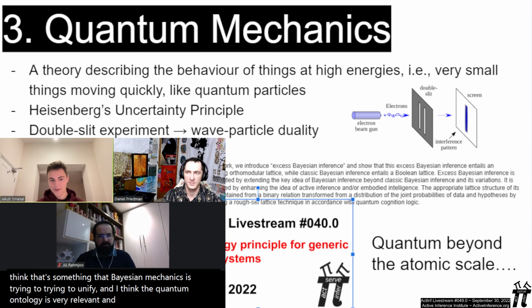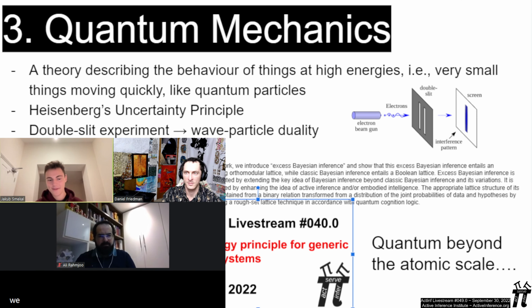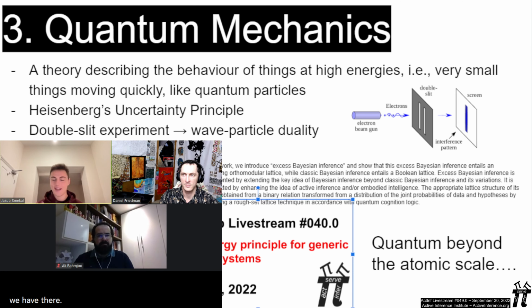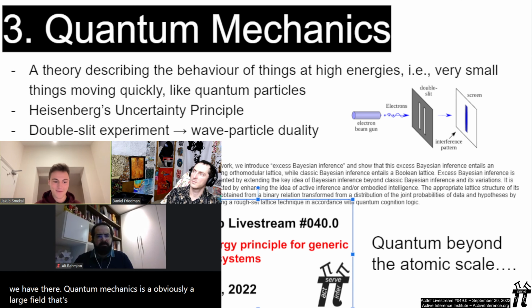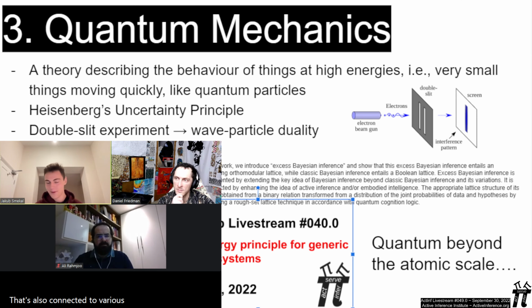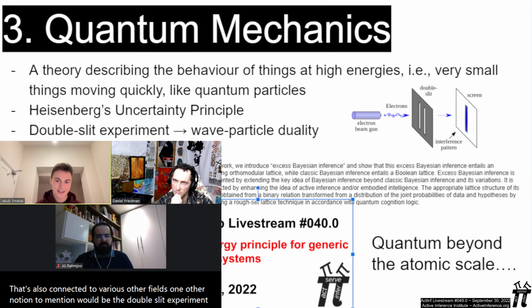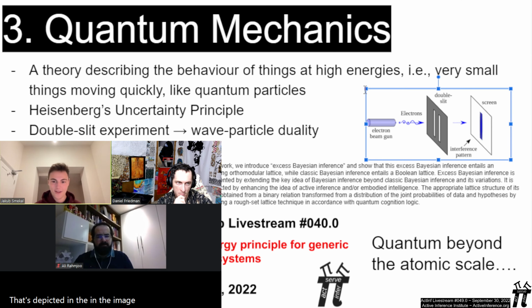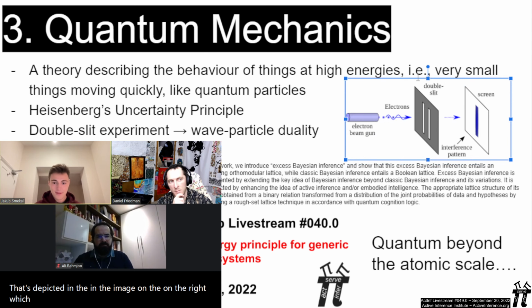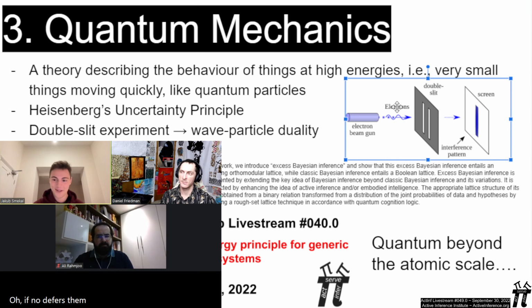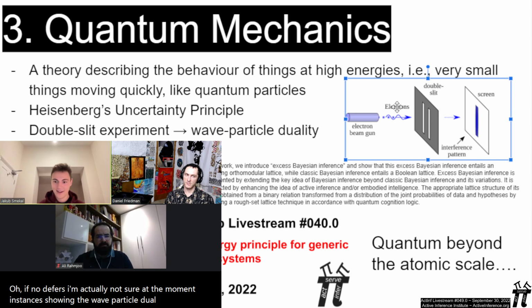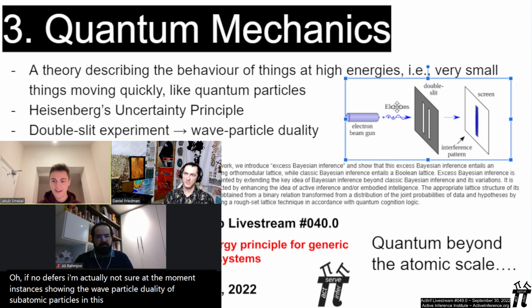and I think the quantum ontology is very relevant in this case. And of course, quantum mechanics is obviously a large field that's also connected to various other fields. One other notion to mention would be the double slit experiment that's depicted in the image on the right, which was one of the first, if not the first, I'm actually not sure at the moment, instances showing the wave-particle duality of subatomic particles, in this case electrons, where